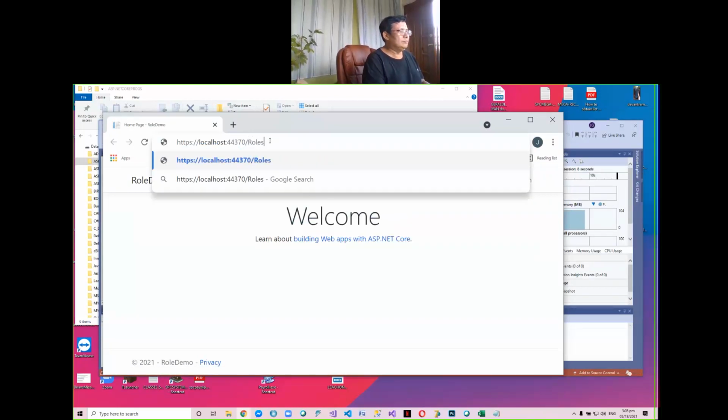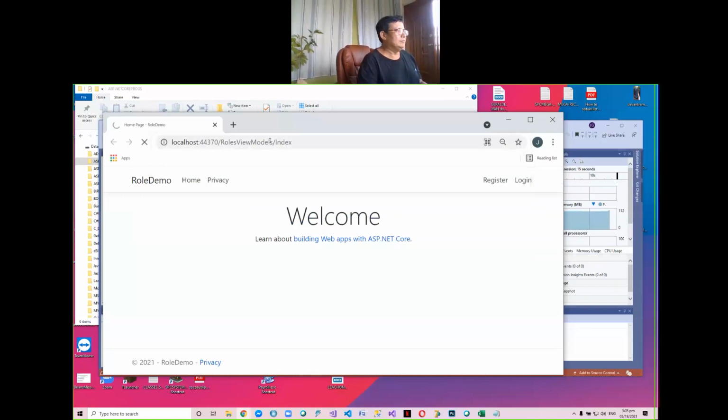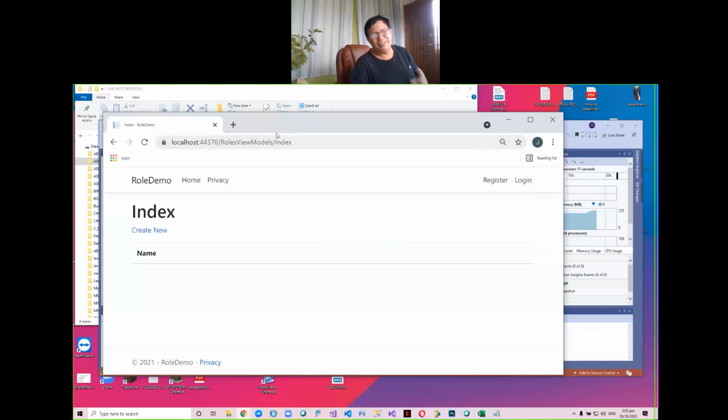Roles. Anyway, if I'm not aware of time, no? Models, index. Oh, yan. It's okay now, no? We now have our new role. Ang problema lang natin itong create. Okay? Wala pa tayo